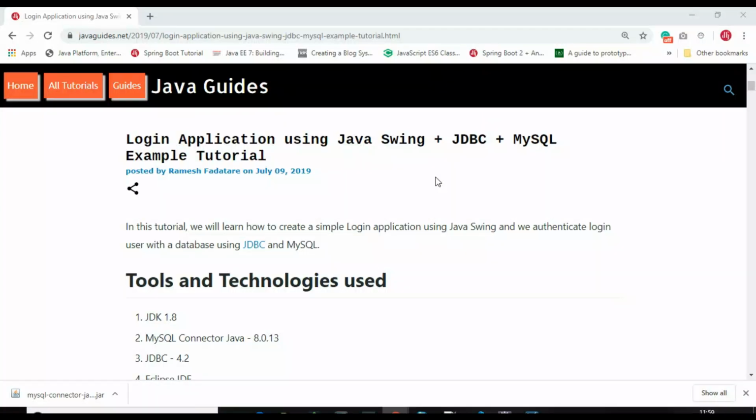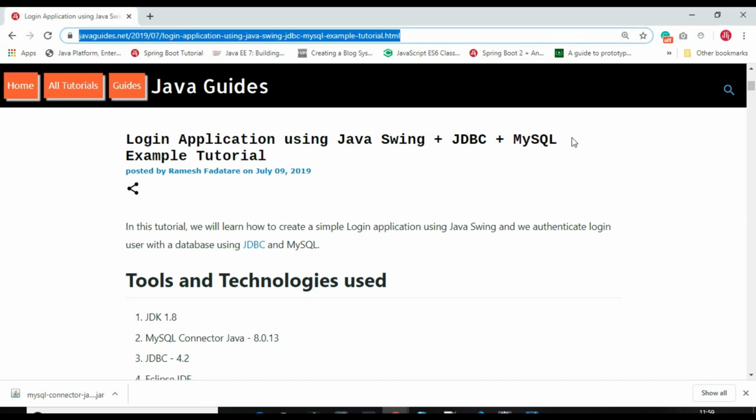Hello guys, in this video we are going to develop a login application using Java Swing, JDBC and MySQL database. This is the write-up tutorial that I have created and published on my website, JavaGuides, and I will provide a link to this tutorial in the video description for your